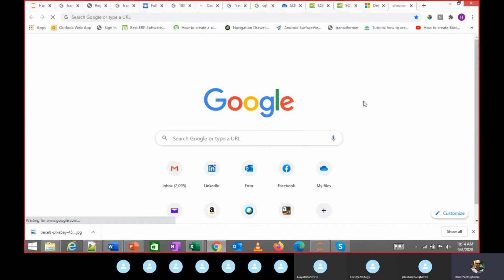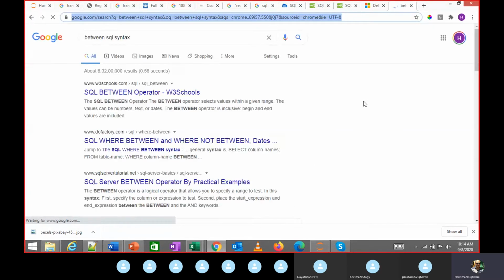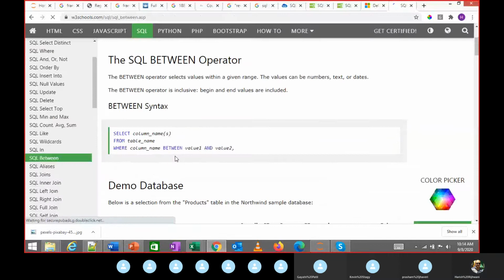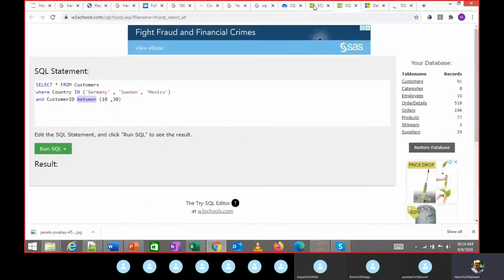In coding also, if you know programming, there is a syntax, the way you write it. For SQL statements also there is a syntax.